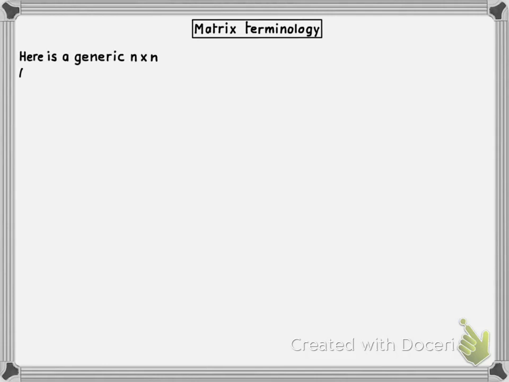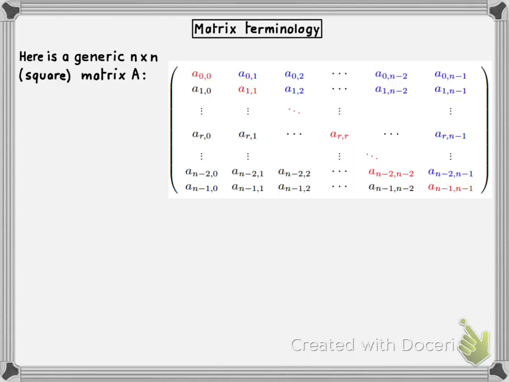So let's consider a particular case of matrices. Those are called square matrices because they have the same number of rows and columns. And let's call this number n. So an n by n matrix A is a two-dimensional table with n rows and n columns, like this one. Each element in the matrix is denoted by lowercase a and then two indices. For example, this element a sub 0, 0 is the element of the matrix uppercase A on row 0, column